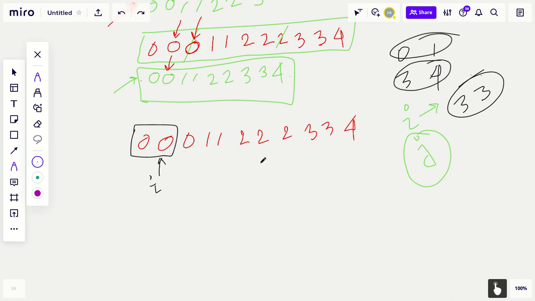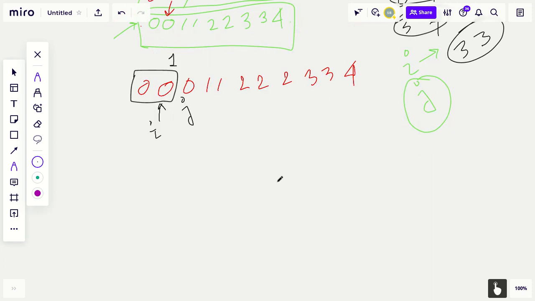So we are beginning our i from the first index, that is index 1, and j from the next one. So j is over here. Everything is pretty much the same, but with a little modification.